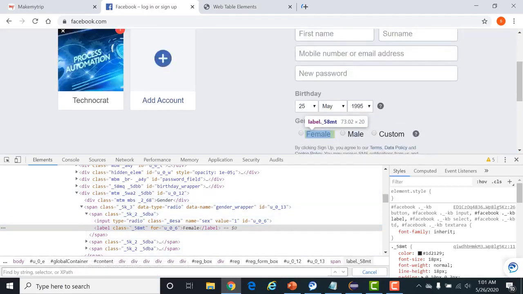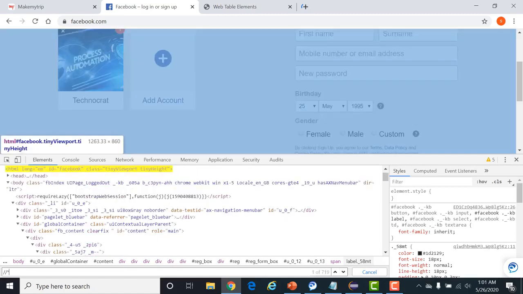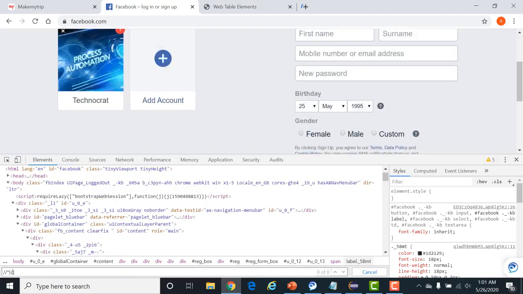I'll show you. First of all, I want to write the XPath of this female. We'll select the locator of female first. I'll simply write star, contains, text is equal to female.